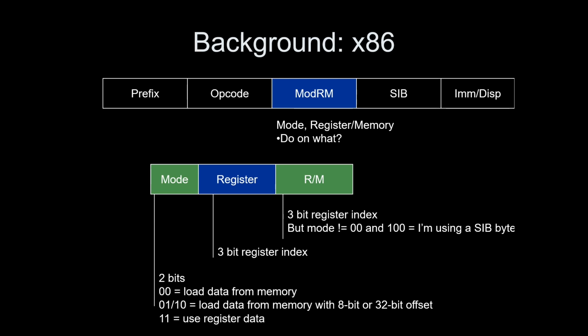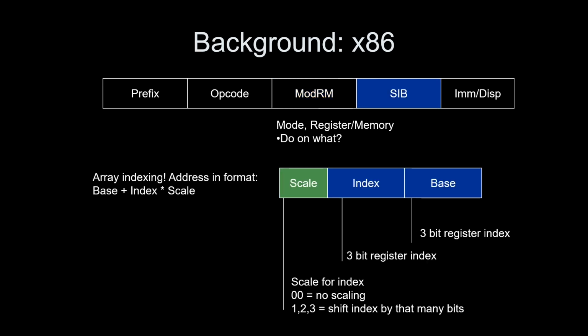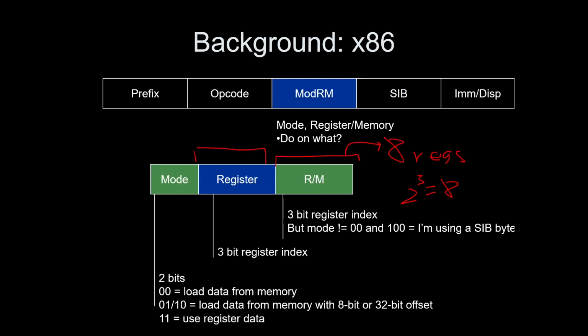And the important thing here is that these 2 essentially address registers, but they are only 3 bits. So that means there are 8 possible registers. If you do 2 to the third power, that's 8. So you now have two fields that you can deal with that you need to extend if you need more registers. But that's not it, because remember in the mod_rm field, you could actually set the mode register to say,